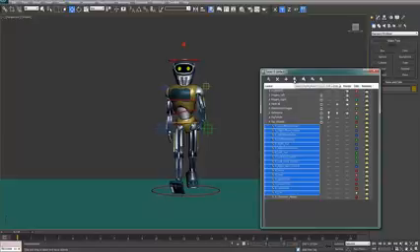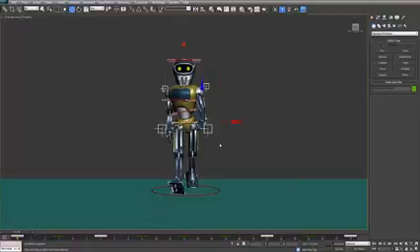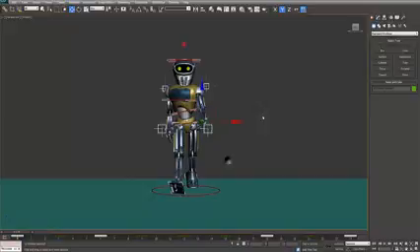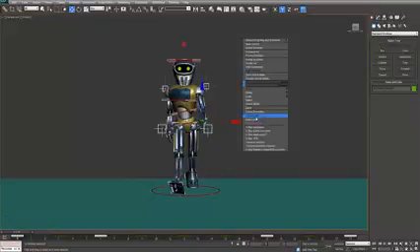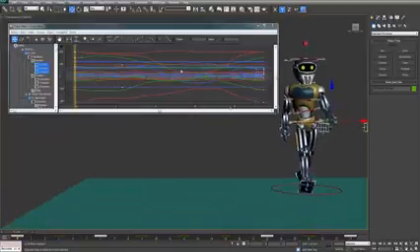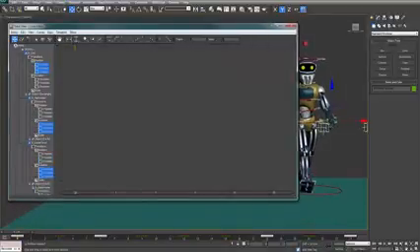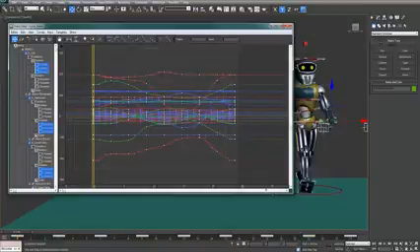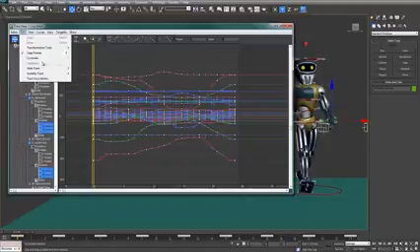Then just click this button here, which is select highlighted. What you'll see now is I've got everything that I animated in the cycle. I'm going to bring up my curve editor, which is going to look very busy, as you can see. But I can highlight all of the keyframes in the whole character, go into Edit, Controller, Out of Range